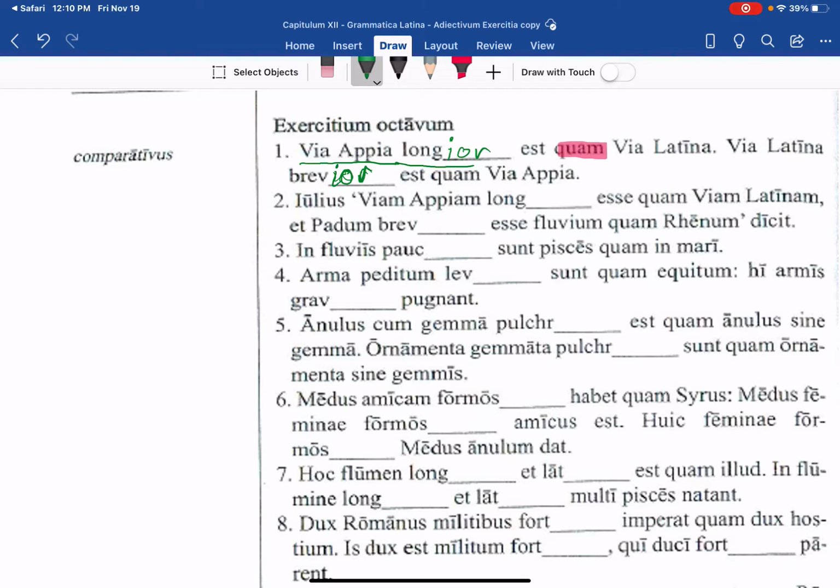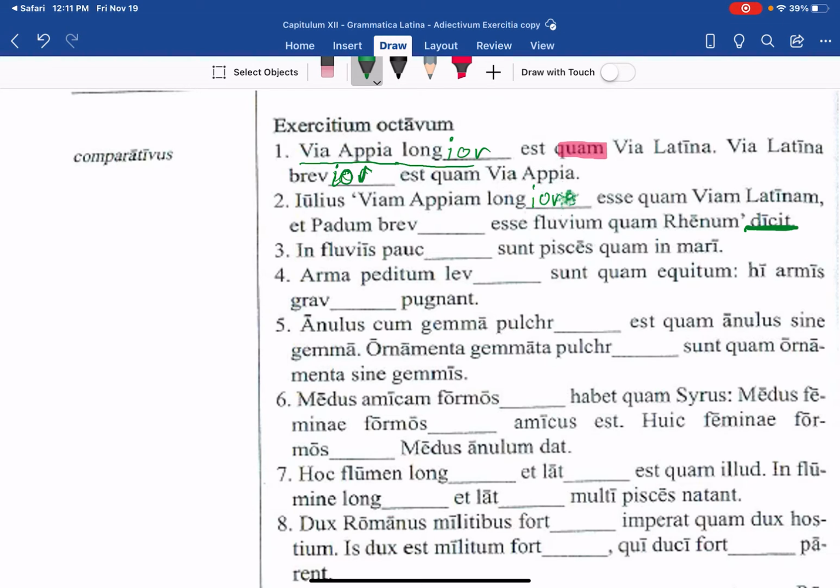Number two, Julius, viam apiam blank esse quam viam latinam, et padum blank esse fluvium quam renum dicit. So here's an example of reading to the very end of the sentence to know the context, because we see that this is actually indirect speech. Julius is saying these things to be the case. So that's why viam apiam